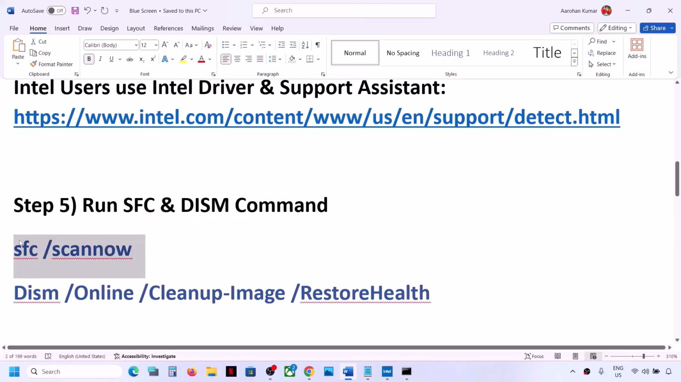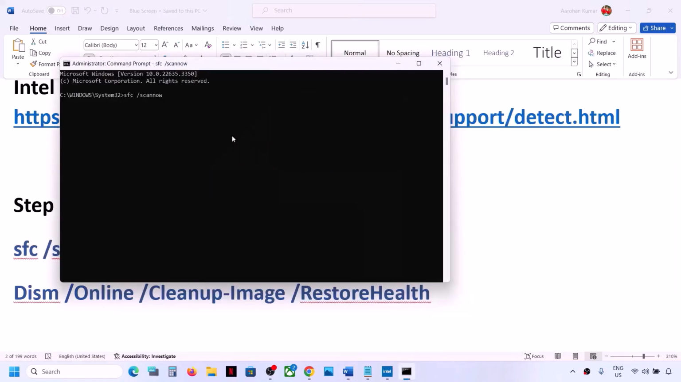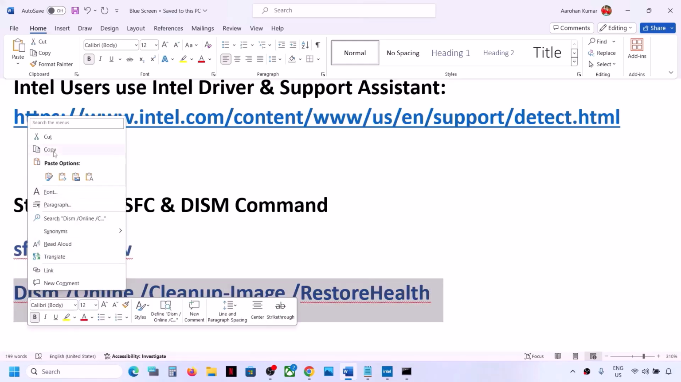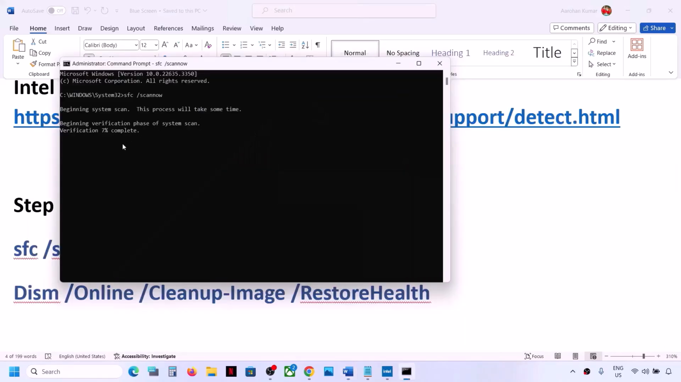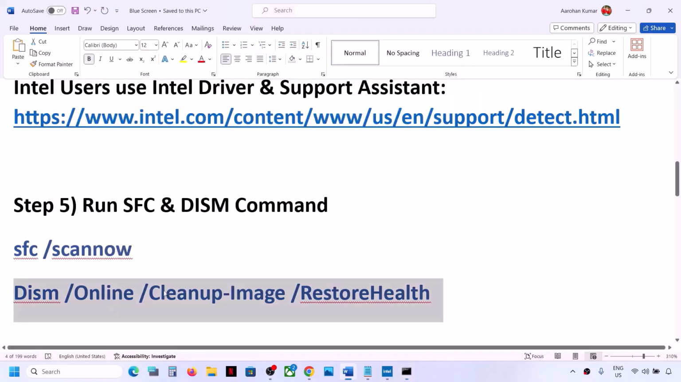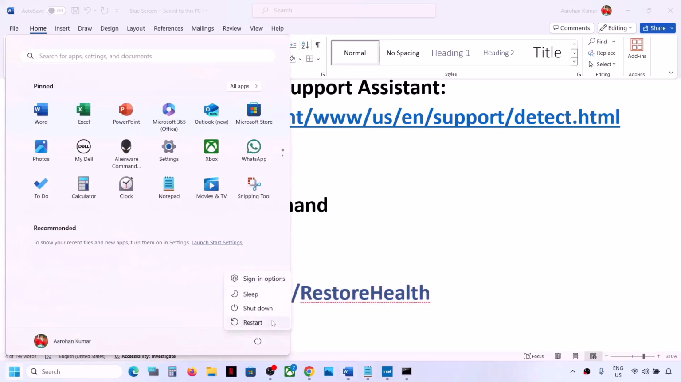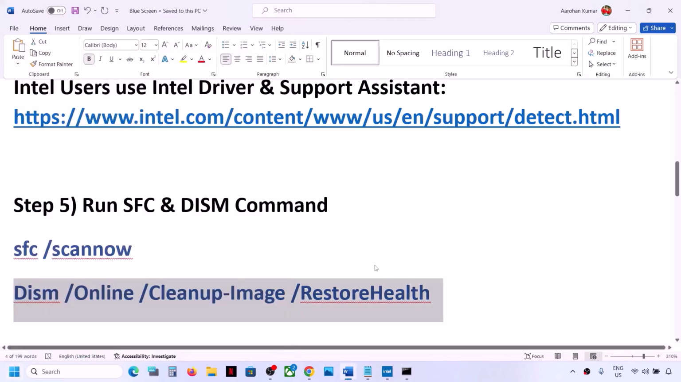This command is provided in the video description. Paste it over here, hit the enter key and let the scan complete. Once the scan is 100% complete, you can copy the second command and then run this second command, and you can paste it in the same window. Once the second scan is 100% complete, then restart your computer, and after the system restarts, you can check. But if you're still facing the problem,